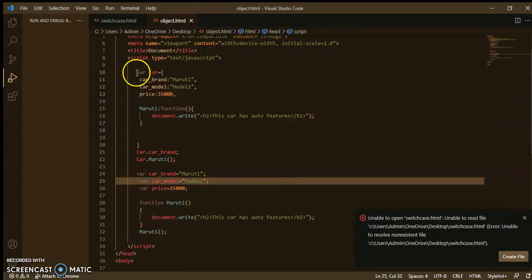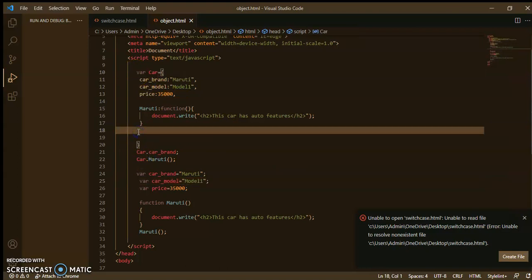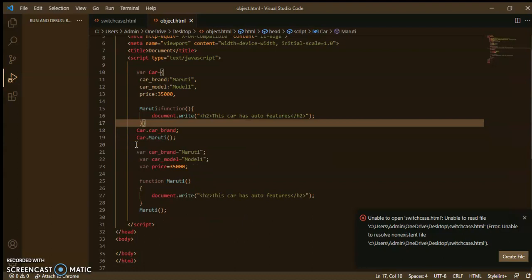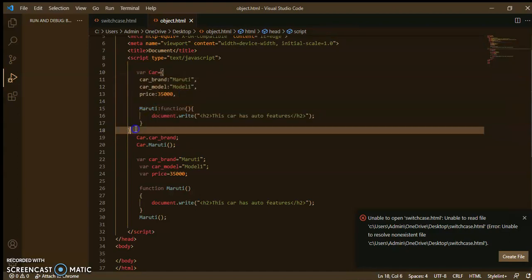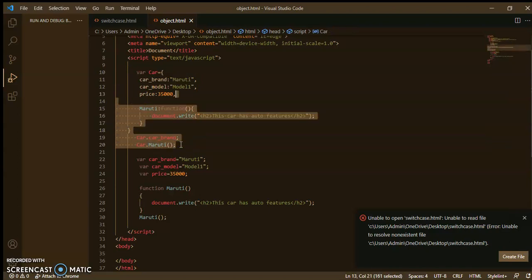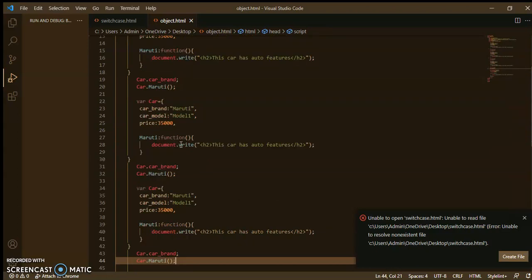So if I want to create more than one object, then I will copy this and paste it here, paste it here, like this. So this is also not a good practice. If I have more than one car, then I have to write like this for each object.